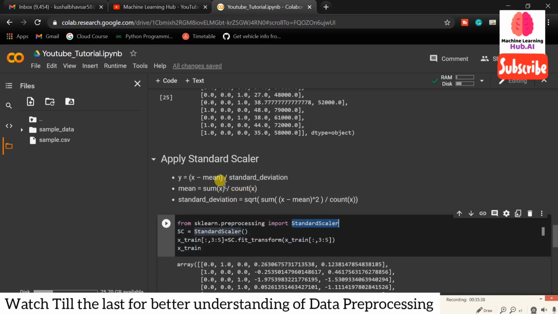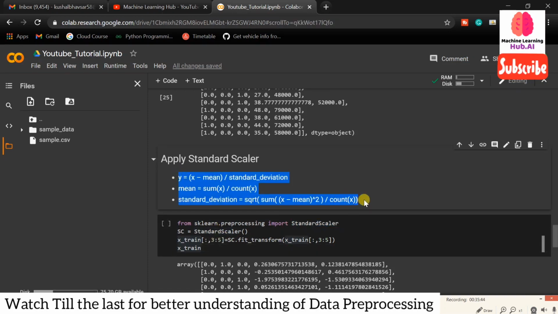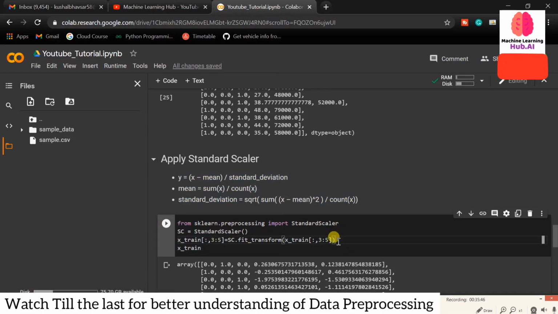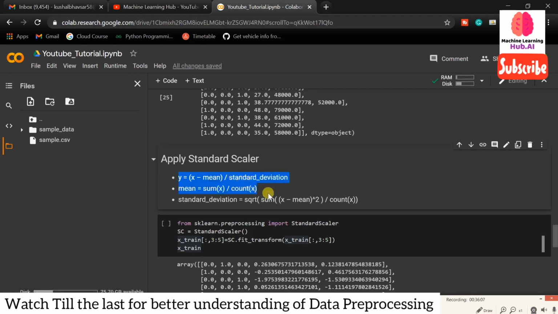Basically if you want the calculation, then you can directly do it using your calculator or whatever, but basically we need to understand how standard scaler works, because in the interview they will ask how standard scaler is working. They will not ask how you actually implement standard scaler in your program, because all these things are already ready made, like label encoder, standard scaler. But you need to understand the concept behind these libraries, means how they are working. So this is the equation which we follow to implement the standard scaler.